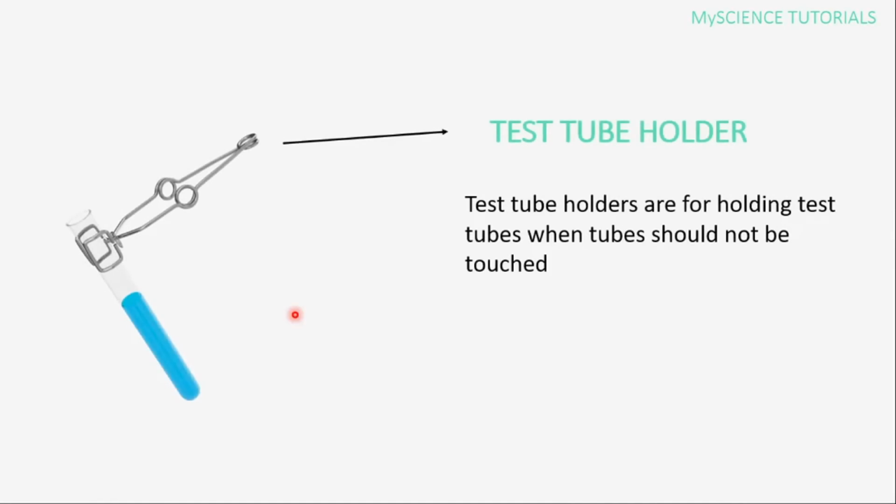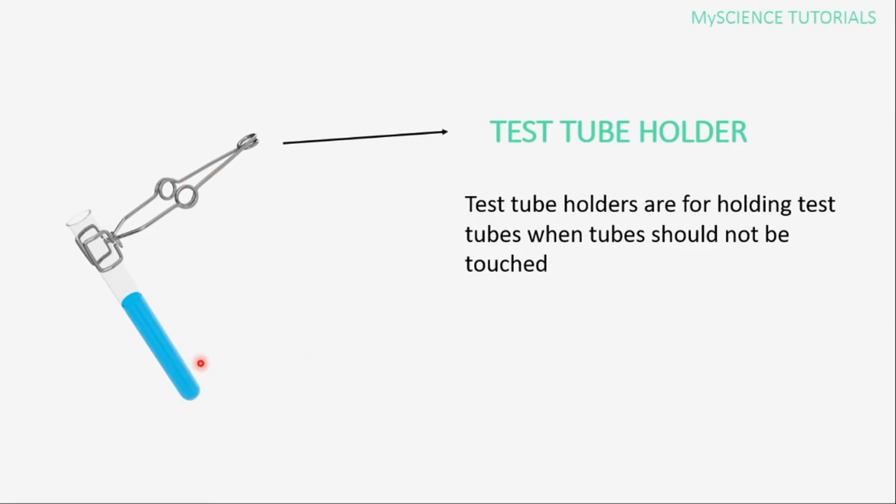Now we have the test tube holder. The test tube holders are for holding test tubes when the tubes are not supposed to be touched directly. So for instance, maybe you want to warm this test tube with the reagent or the chemicals inside. Now if you are going to use the Bunsen burner to heat this, you don't want to hold the glassware